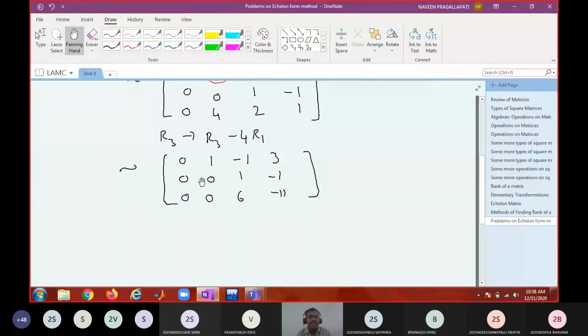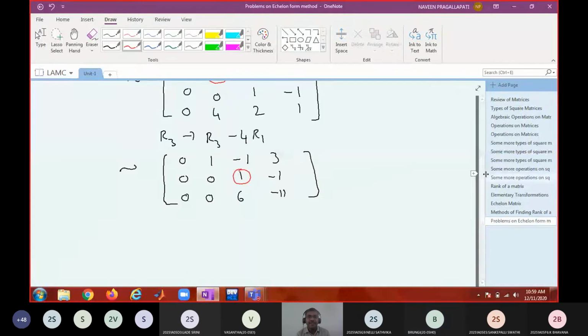Go to the second row. In the second row, which position do I have to see? What is the ideal case I said? Diagonal portion. So look at the diagonal portion. This is occupied by 0. So look down. Unfortunately, this is also 0. Therefore, look right. There is a non-zero entry. Therefore, this is going to be our pivot element. Do you agree? Yes, sir. So fix it.